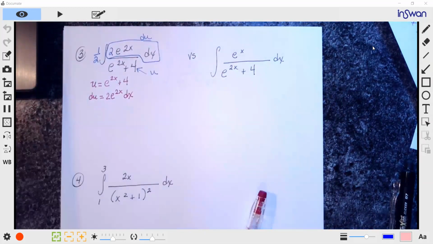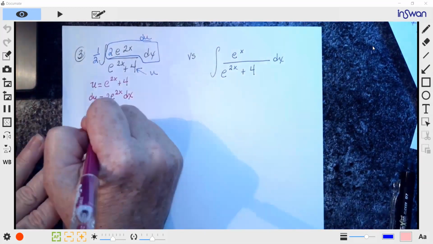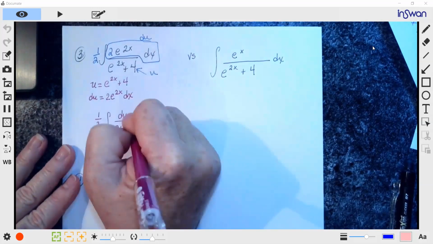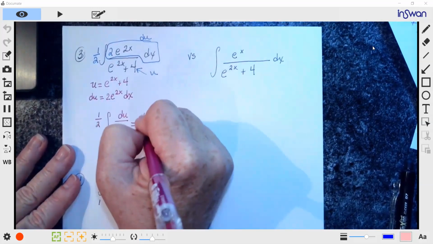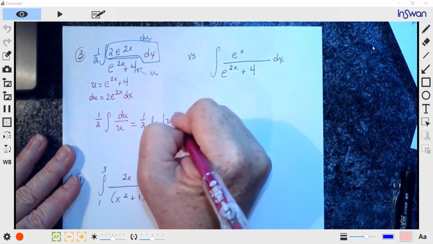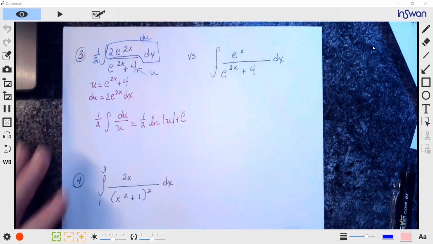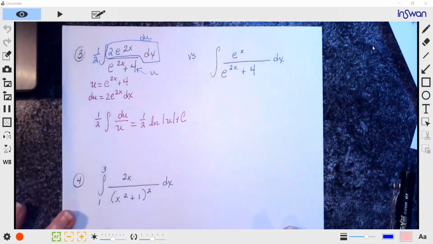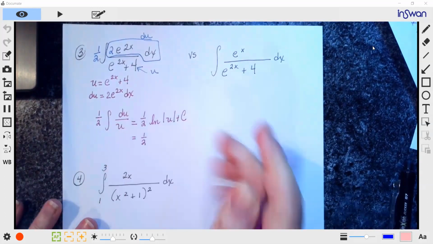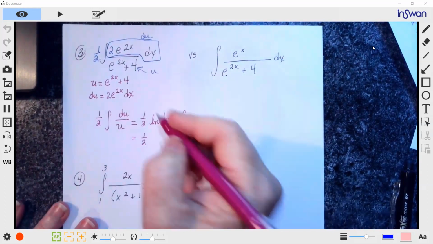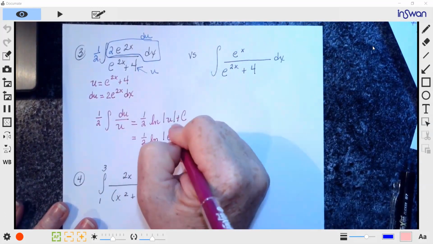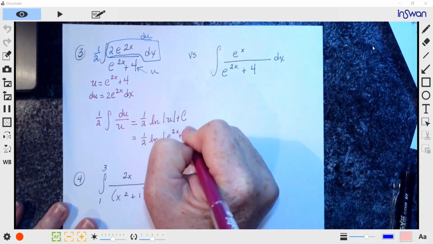So I have 1/2 the integral of du over u, which is 1/2 the natural log of the absolute value of u plus c. Back substitute what that is in terms of the original variable, and we would have 1/2 the natural log of the absolute value of e to the 2x plus 4